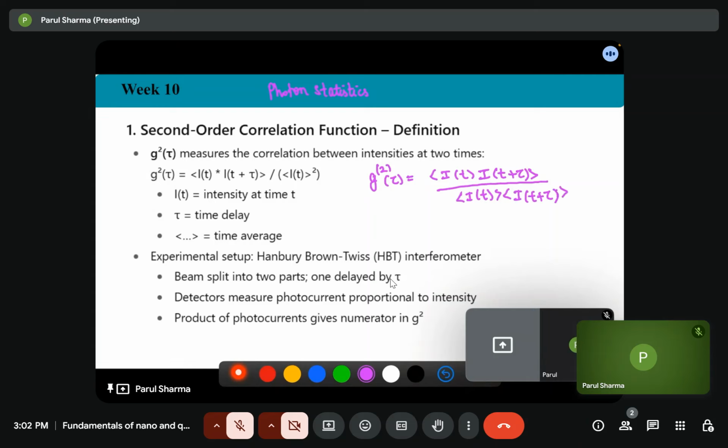Where I is the intensity at time t, tau is the time delay, and this bracket represents the time average expectation value. So what does G2 do? G2 measures the correlation between intensities at two times. So in the last lecture we defined the